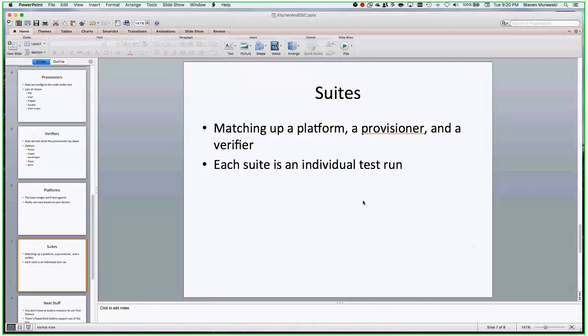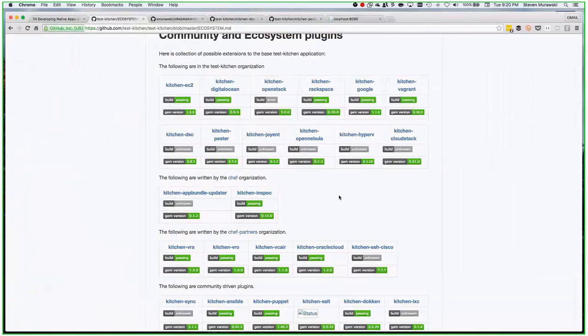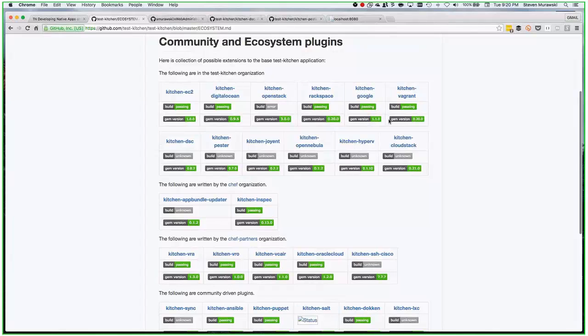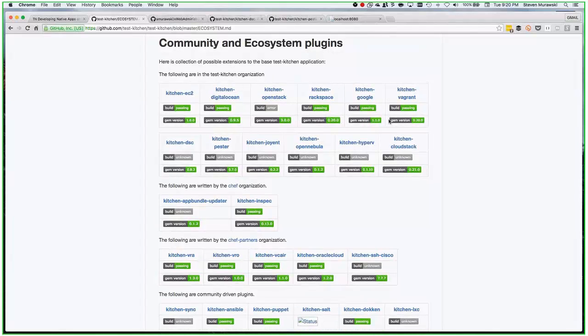All right. So where we left off before Skype for Business decided it didn't like me anymore was talking about some of the ecosystem and community plugins for Test Kitchen. Test Kitchen in and of itself is a very lightweight test harness, and pretty much all of the things that it can do are built-in plugins. There's a couple plugins that ship right with Test Kitchen, but most of it is external in the